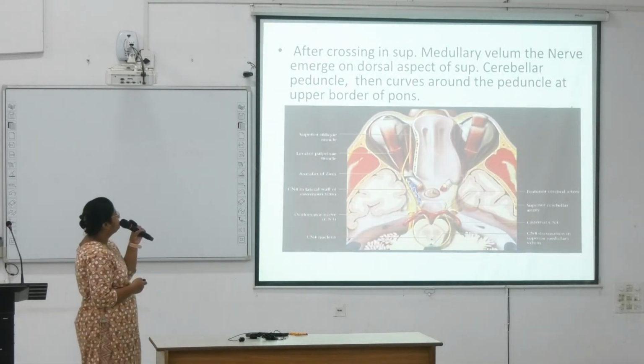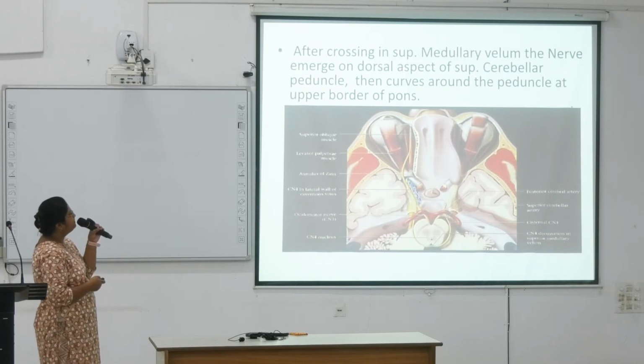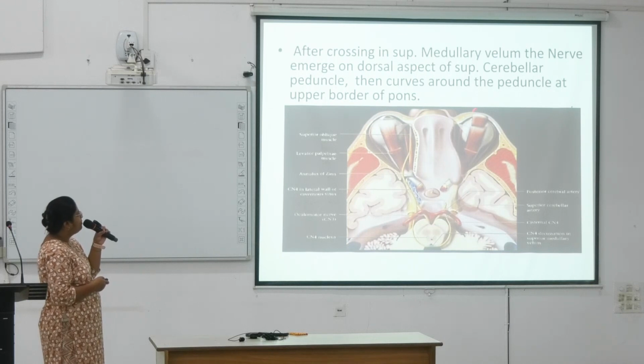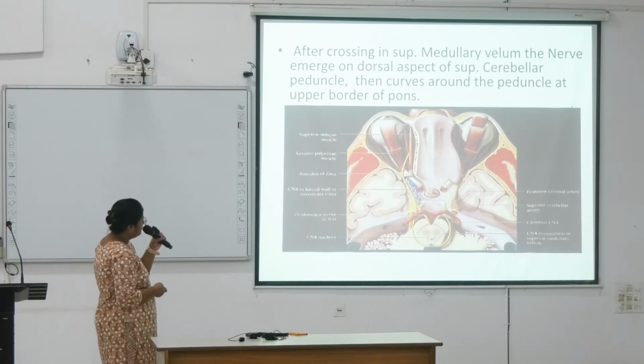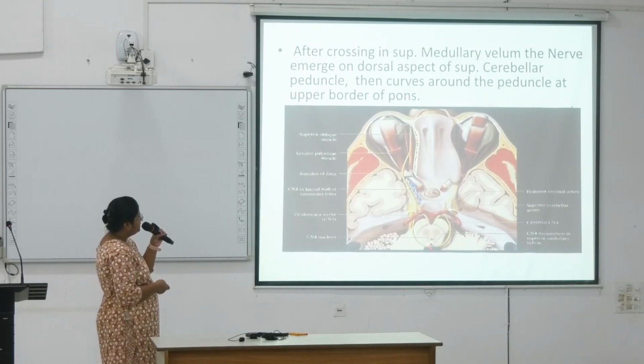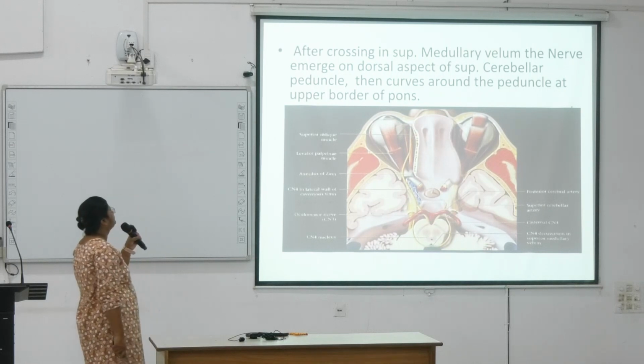after crossing in the superior medullary velum, the nerve emerges on the dorsal aspect of superior cerebellar peduncle and then curves around the peduncle at the upper border of the pons. Here, see, this is oculomotor nerve. Here the trochlear nerve is coming out on the dorsal aspect, going anteriorly to supply the superior oblique. Next,